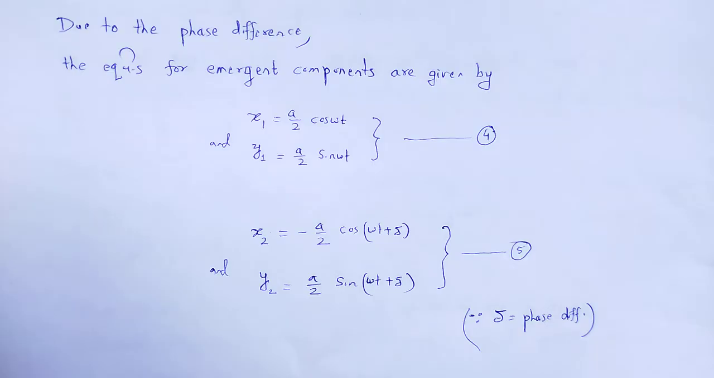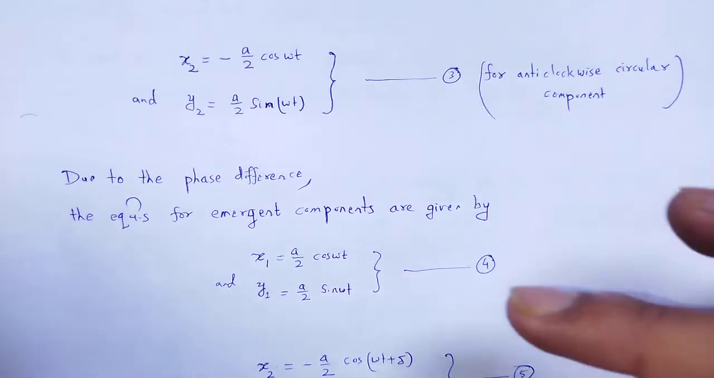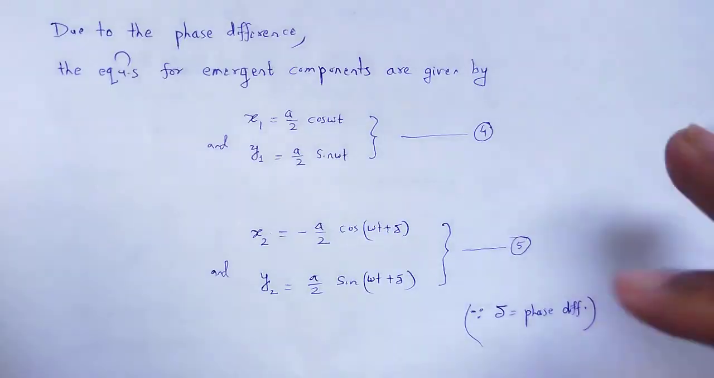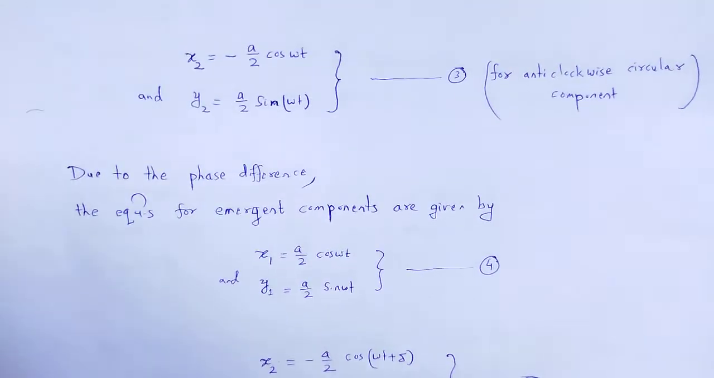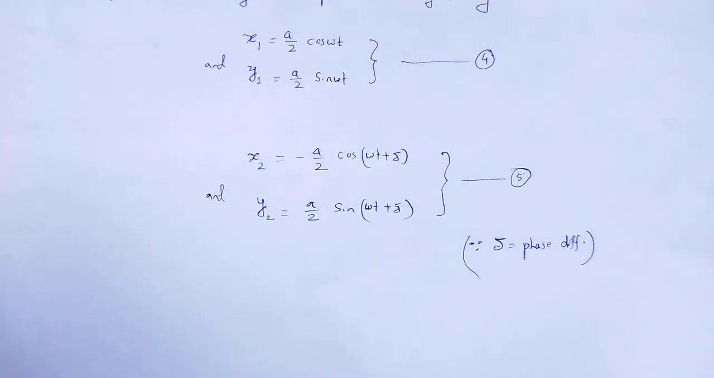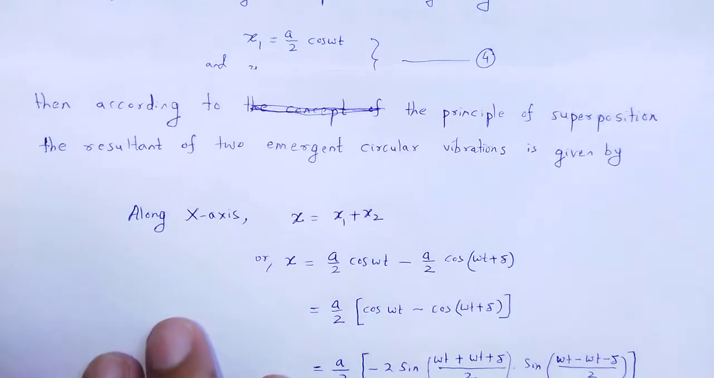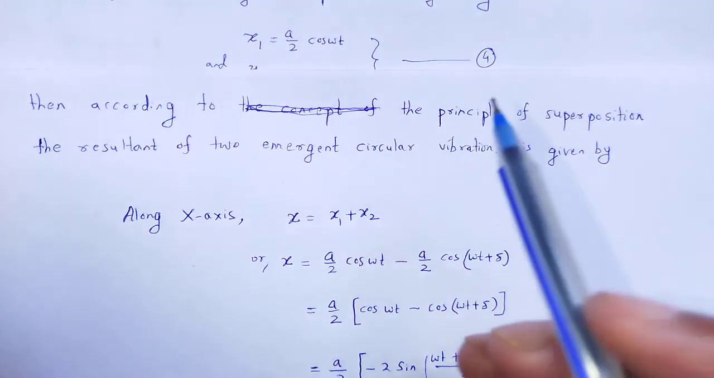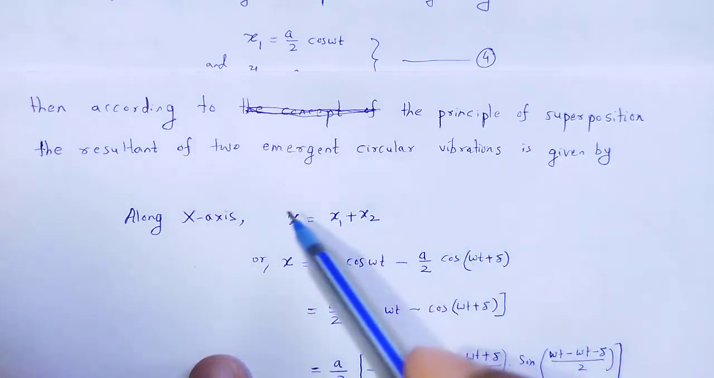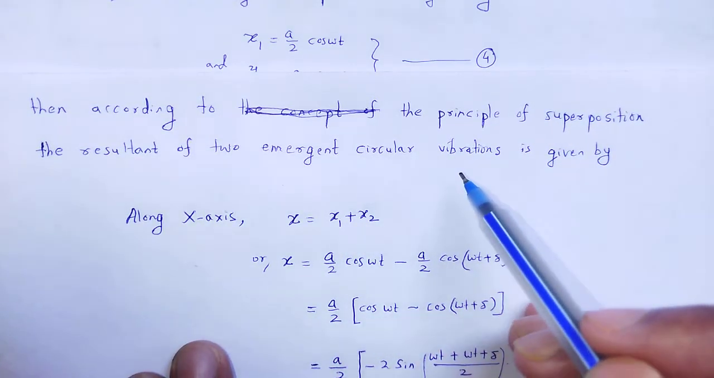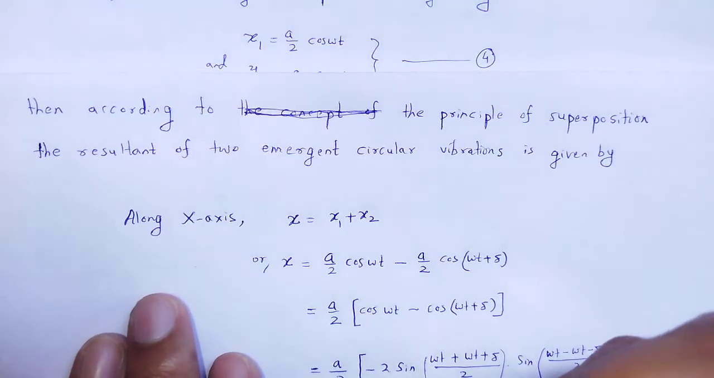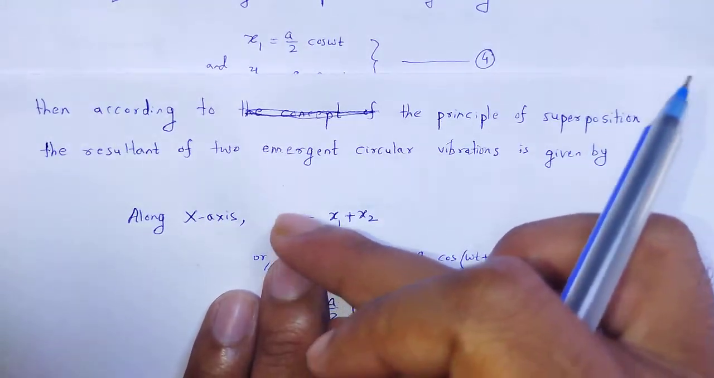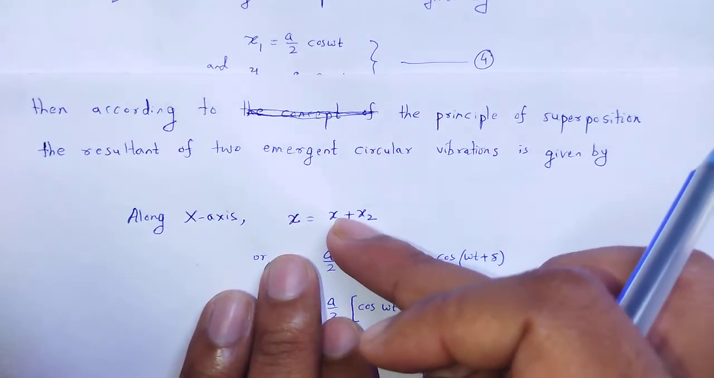Next, these emergent components now follow the principle of superposition. According to the principle of superposition, the resultant of two emergent circular vibrations is given by: one along the x axis and another along the y axis. In the x axis it is the superposition of x1 plus x2,